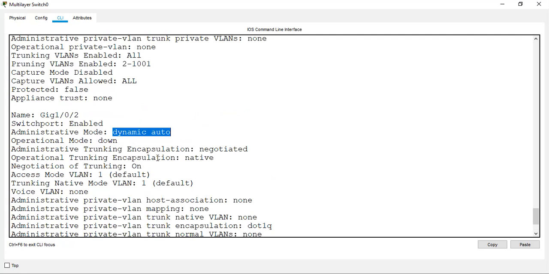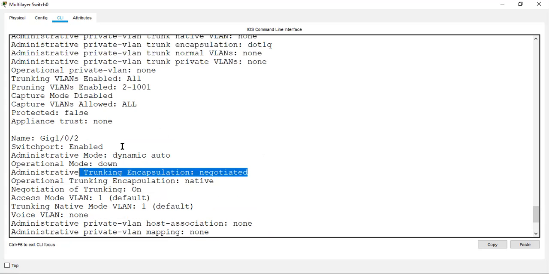So generally, all the ports of the switch are dynamic by default, which means when you connect your PC into gig 1/2, it will automatically become access. When you remove your PC from gig 1/2 and connect any other switch into it, that will automatically become a trunk. That's what we call automatically negotiated.